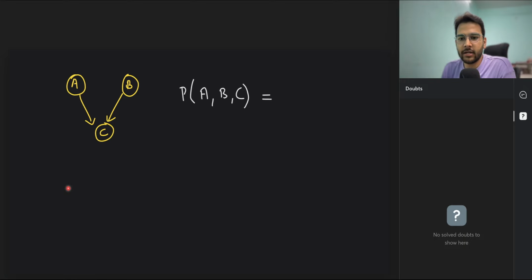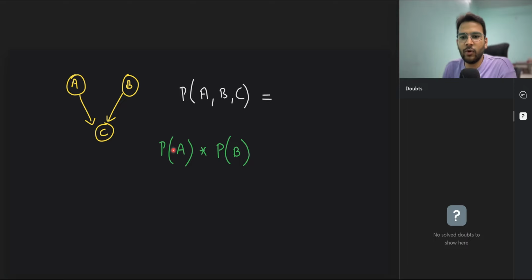Yeah, that is correct, Abhas. So carefully see here. See A and B. Let's say I'm starting with A. Because there is no incoming edge to A, you can start with B also. It's up to you. So probability of A. Now A is independent of everything, right? So I can simply write probability of A. Multiply. What about B? B is also independent of anything, right? B is not dependent. There is no direct relation between A and B. So can I say both A and B have absolute independence?